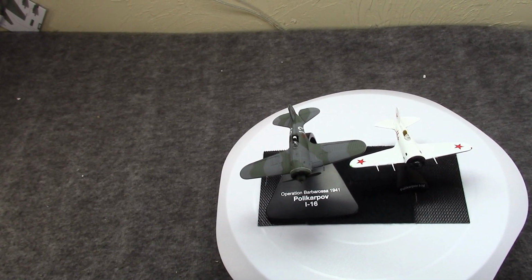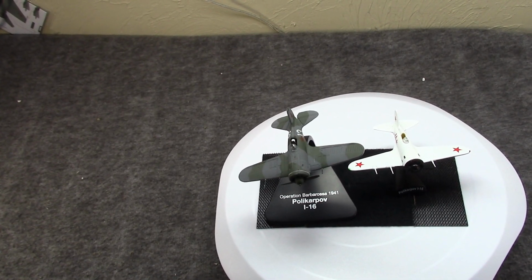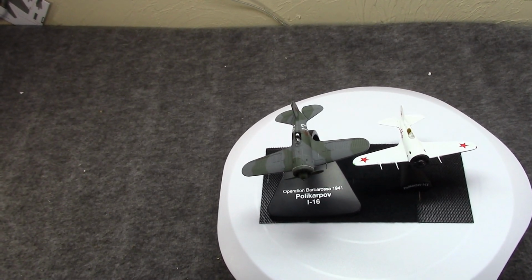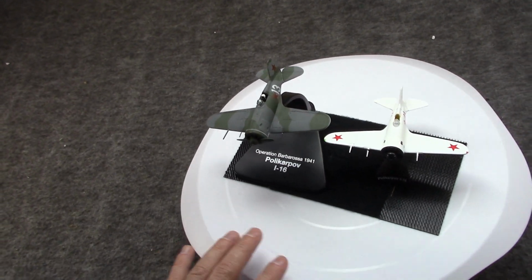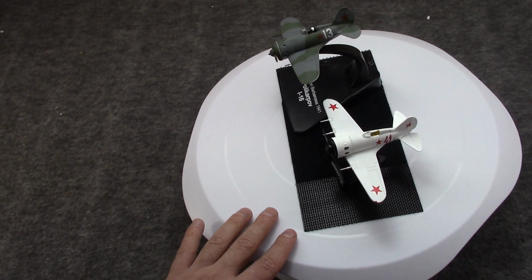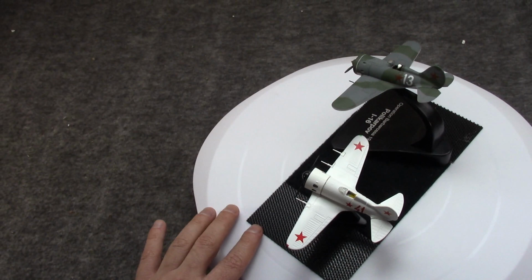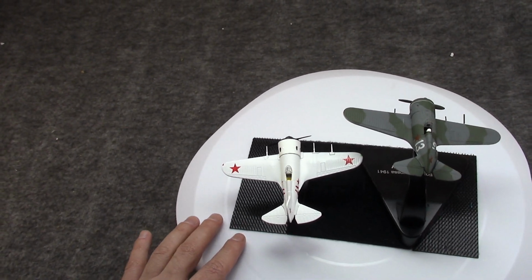the Japanese A6M0, and I will actually cover the A5M Claude. I've had that to do for a while, and I've had this one to do for a while too. The Russian Polikarpov I-16,